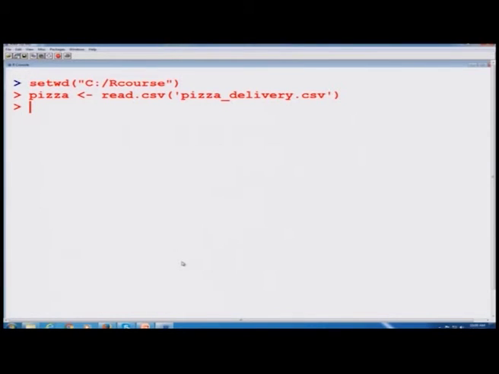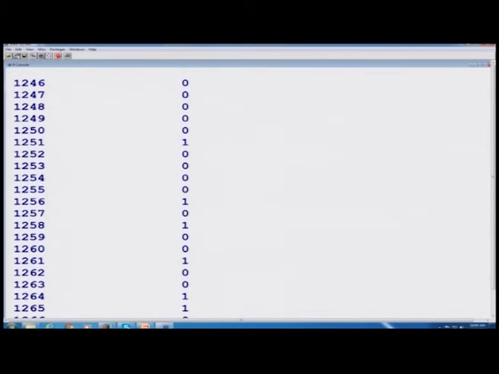Now I would like to show you what is contained in pizza. Please try to look at the screen, because the screen is going to scroll very fast. So, you can see here, this is a huge data set.